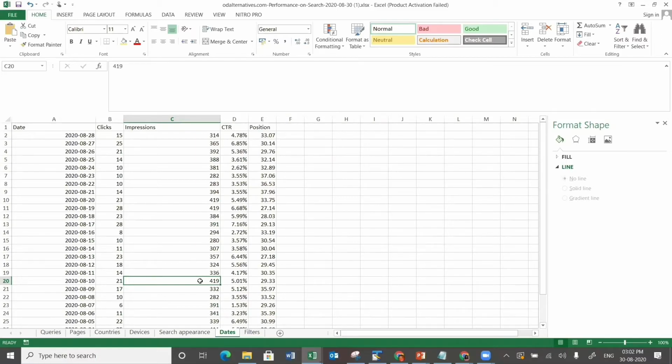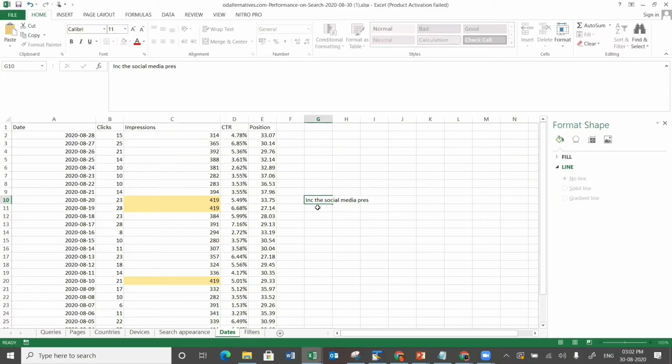creating a strategy. For example, in this case, if I can validate the point that social media posts led to a higher number of impressions on all these dates, what is my learning? Tomorrow I will create a strategy to increase the social media presence.